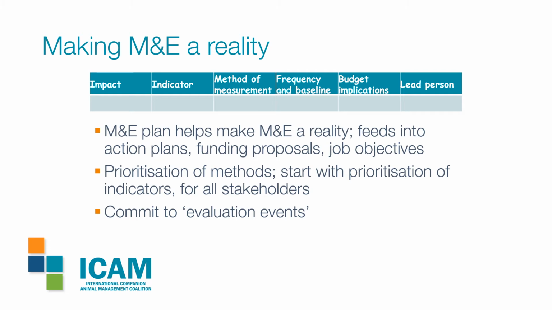get measured. Now, we often don't have the resources, both in terms of time and money, to do all the relevant methods of measurement. And so it's often at this stage that we need to do a prioritisation. Now, when you do this, I suggest you start by ordering the indicators by priority, both for you and for your stakeholders, so you can begin to see what is essential and what is a nice to have. So this should narrow your focus on those methods of measurement that are going to produce you the most valuable data for those indicators that are considered top priority for all of your stakeholders.